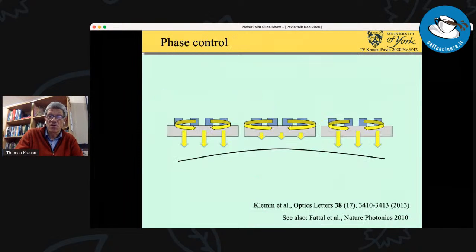And now if you want to make a lens, it's quite simple. You change the structure, and that allows you to control the phase. And then I show a phase front. And in fact, I need to recognize Fattal, who worked at HP about 10 years ago, and they first came up with this, and we took it a little further. So the Optics Letter is our first paper on these types of metalenses. And we didn't call them metalenses then. We called it high contrast gratings, but the physics is the same.